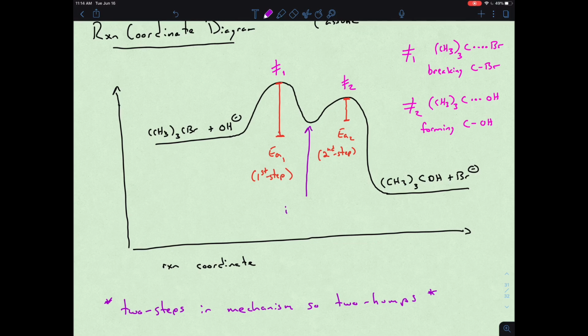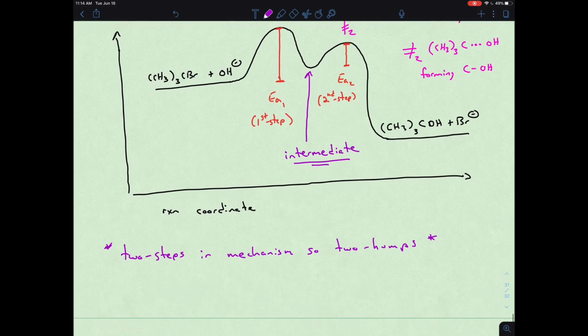And so this is known as an intermediate. And so intermediates are these molecules that actually have a lifetime, right? Meaning that there's a little bit of a well here, or a valley, in which some of the molecule gets stuck right before they get enough activation energy to get over the second step. And so for intermediates,